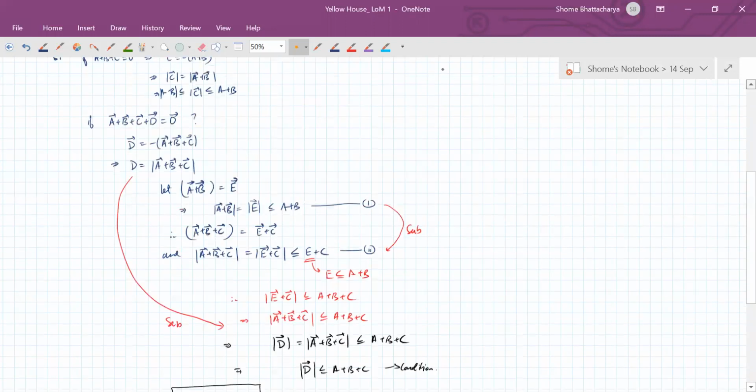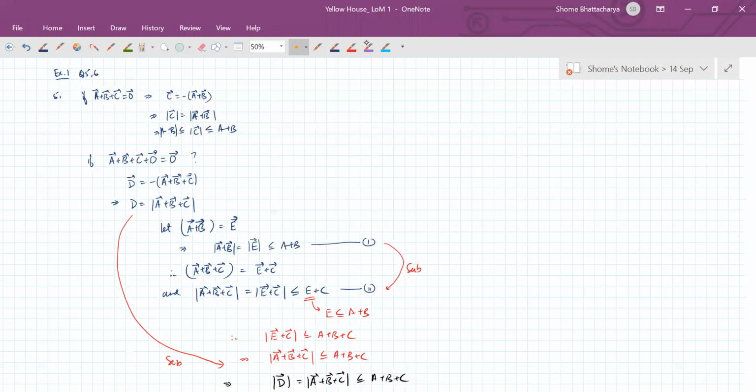Okay. So make sure you understood this concept first and then come back to this question and try and understand how we'll apply it. Question number 5. Exactly. The geometrical interpretation of the same thing is that they are forming a closed polygon. So if they're forming a closed polygon, then any one side cannot be larger in magnitude than the sum of all of them.